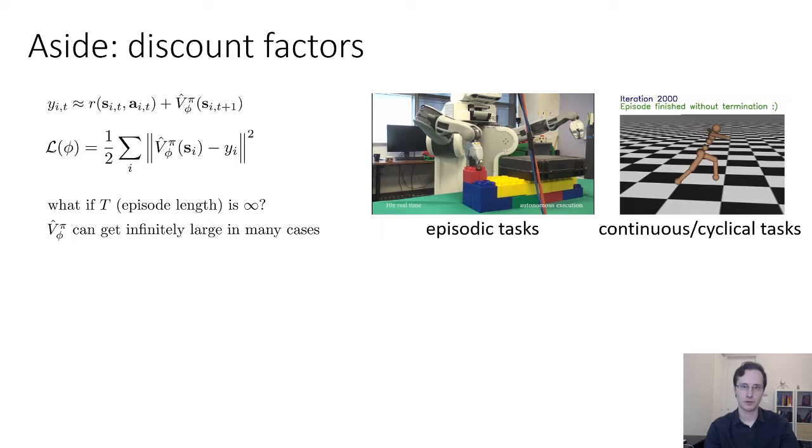So how can we modify this rule to ensure that we can always have finite values and that we can handle infinite horizon settings? Well, one very simple trick is to assume that we want larger rewards sooner rather than later. This is very natural. If you imagine that I were to tell you that I'll give you $100, you might be quite pleased about that. If I tell you that I'll give you $100 next year, you'll probably still be somewhat pleased, but less so. If I tell you that I'll give you $100 in a million years, you probably won't take me very